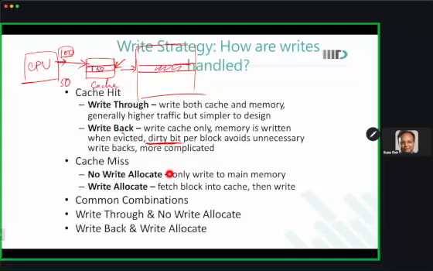Now, whenever this block needs to be evicted, the first thing checked is whether the dirty bit is set. If the dirty bit is set, that means this block contains some data which is not copied in main memory. So you first copy it to main memory and then you bring in the new data. Okay. So this is called the write back